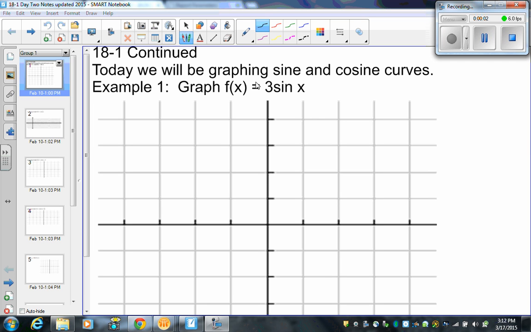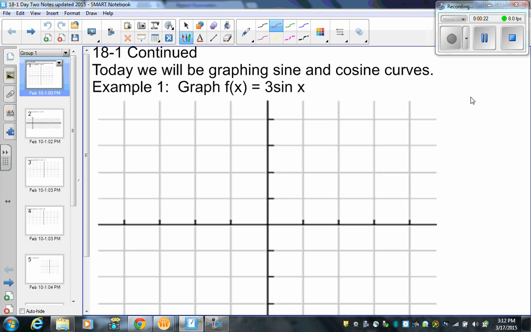So in today's video, we're going to be actually graphing the sine and cosine curves. So yesterday we talked about the attributes of each of the trig graphs. Today we're going to take those attributes and actually place them graphically on the coordinate plane. So let's start with